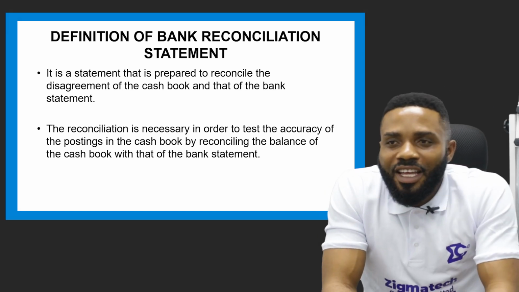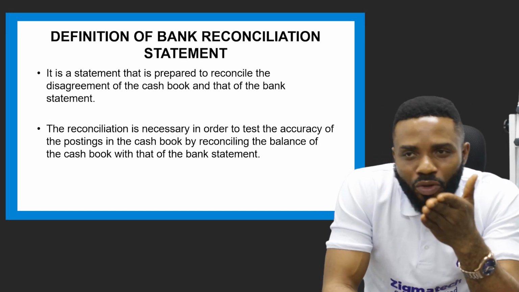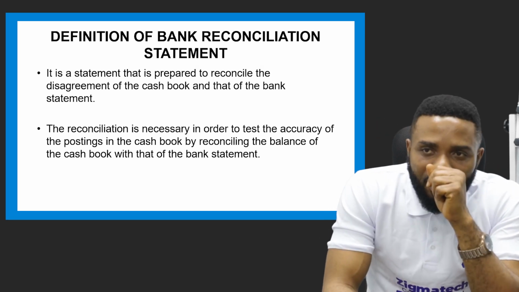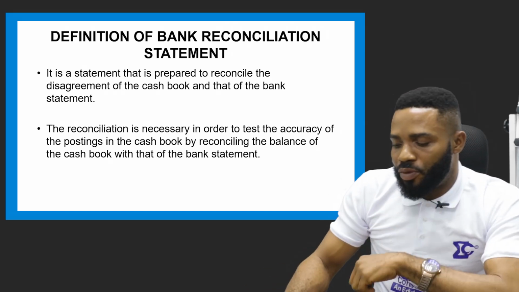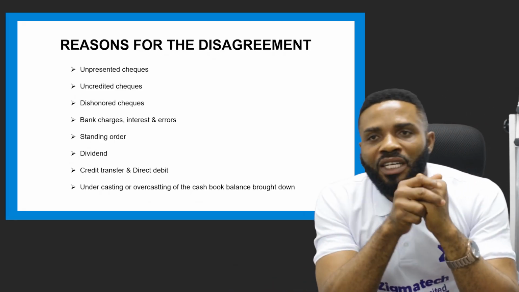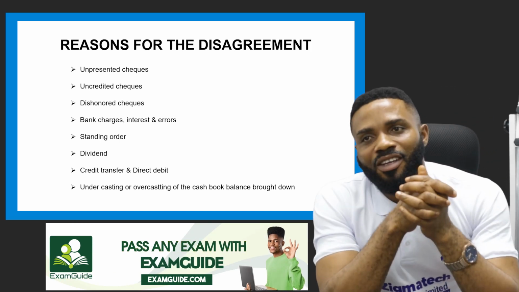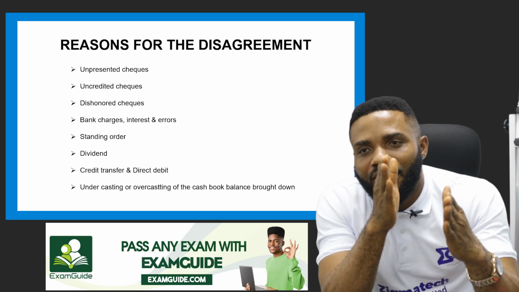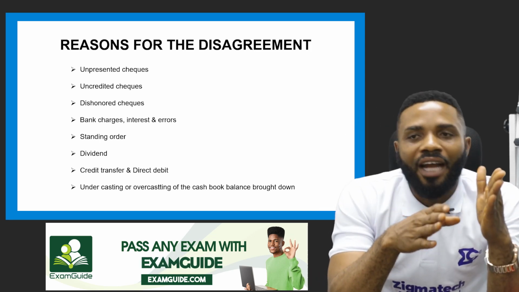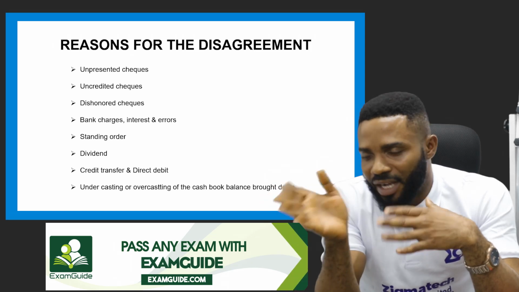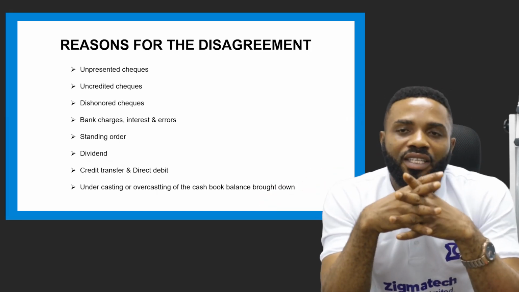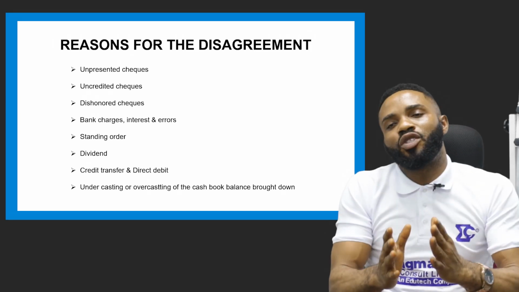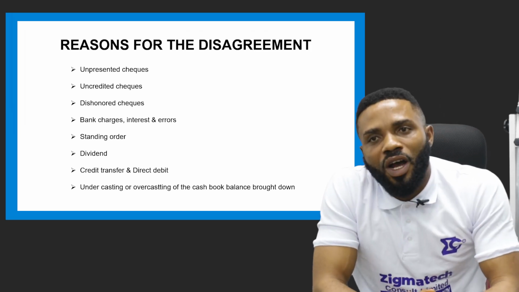Now ask me, what could be responsible, or what will make the bank statement not to agree with the cash book? That will be the next thing to look at now. That will take us to what we call reasons for the disagreement. There are transactions that may affect the balance of the cash book and the balance of the bank statement. When these transactions are carried out, it will cause the cash book not to balance with the bank statement. The first one is what we call